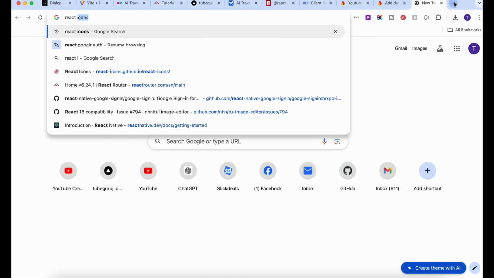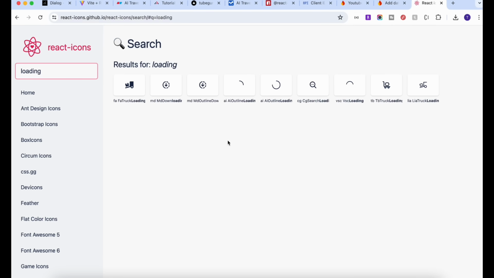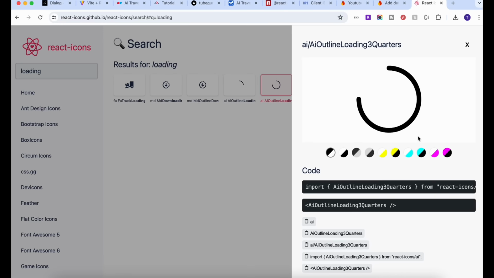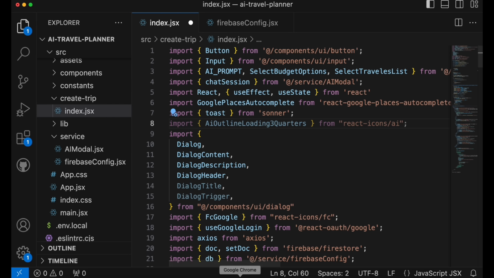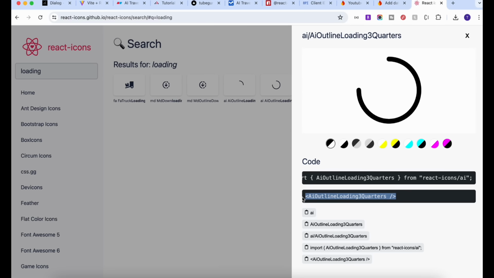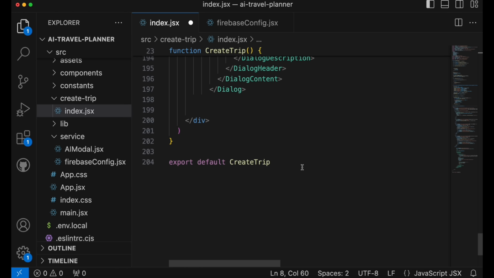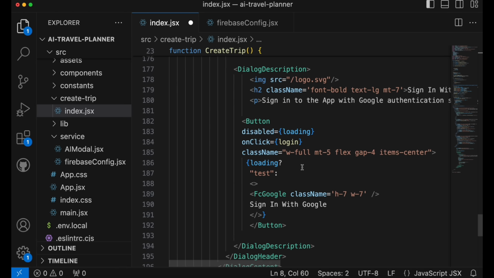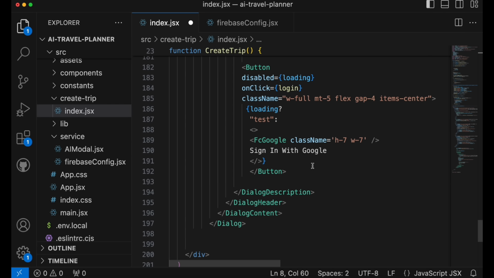So here we'll go react icons, we'll say loading. So if you see, we have a lot of different options, right? I will select this one, and first thing we need to copy this import statement, and then we'll copy this component for that button. Oh, I think I am wrong, because we need to import use for this generate trip, not here. Okay, so I will just remove this,